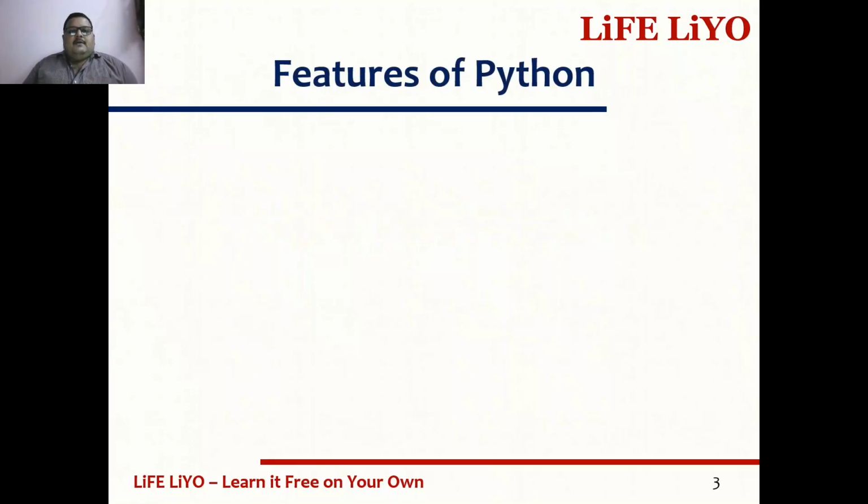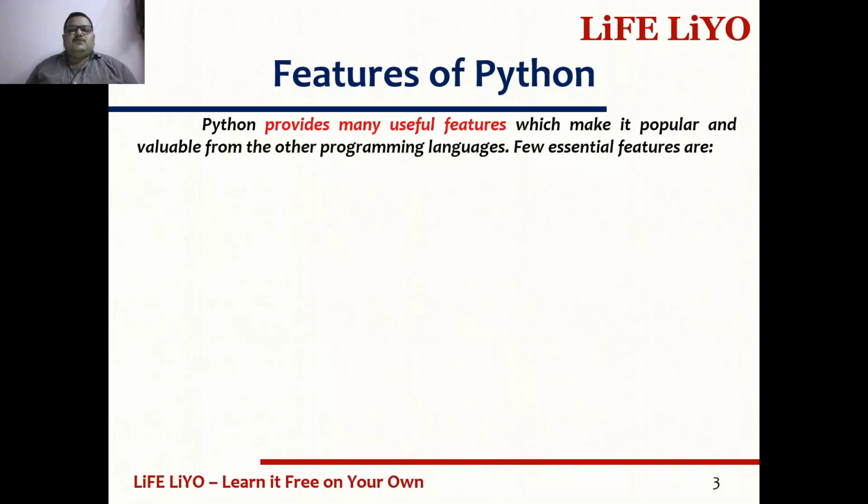In today's video, we are going to discuss the features of Python and also the differences between a compiler and an interpreter. First of all, what are the features of Python? Python provides many useful features which make it popular and valuable compared to other programming languages. Python has various features other than normal programming languages such as C, C++ or Java. Some of the essential and important features are: first one, it is simple, easy to learn, versatile,